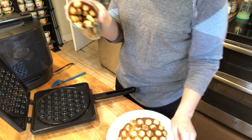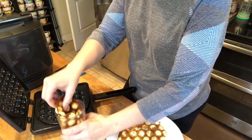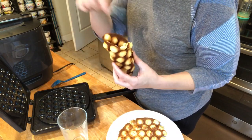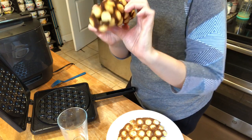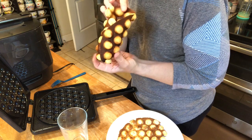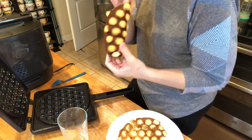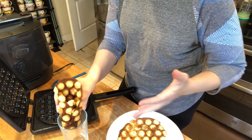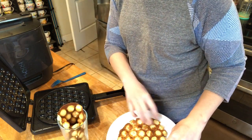Now, do you remember the one I put into the cup? The reason I put it in there is because now I have a waffle cone and I can fill that with toppings. Do you see that? It's all, other than being a little more crispy than maybe it should have been. But that could have been the oil I used. I used oil instead of butter because I didn't want to get out the butter. But,